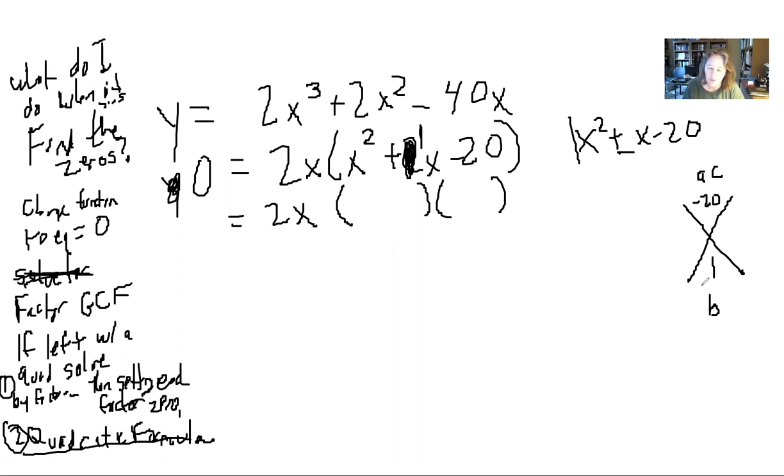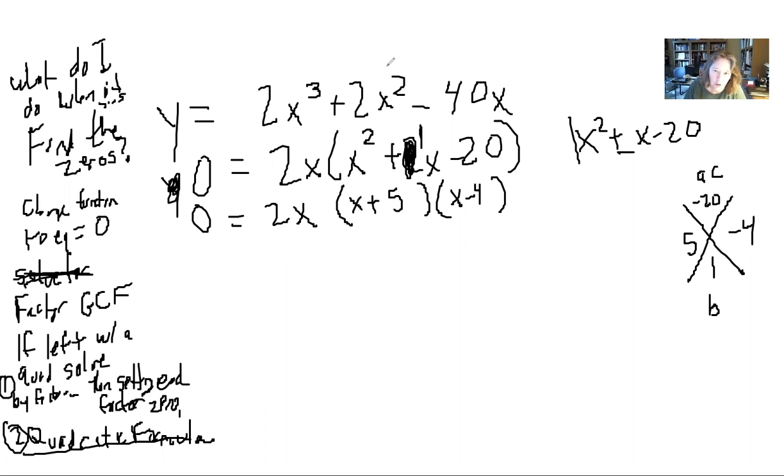So I've got to think of two numbers that multiply together to make negative 20 and add together to make 1. So I know one's going to be negative, one's going to be positive. The bigger one's going to be positive because my b is positive. So I'm going to choose 5 and negative 4. So it's going to be x plus 5 and x minus 4. I want you to keep writing this equals 0 all the way down. Now this is the step that messes a lot of people up, and I want you to show this step. So look at your homework, and if you didn't show it, add it, because I'm going to want to see it on the test. So the trick now is if we're solving for zeros, we've got to set each factor